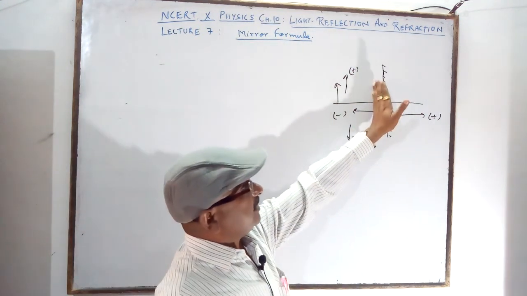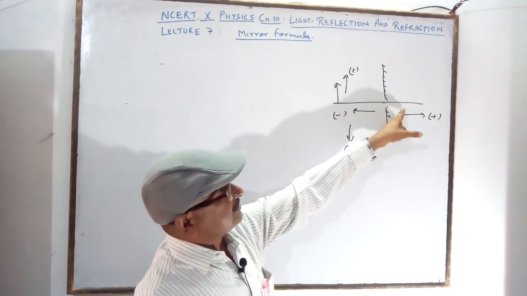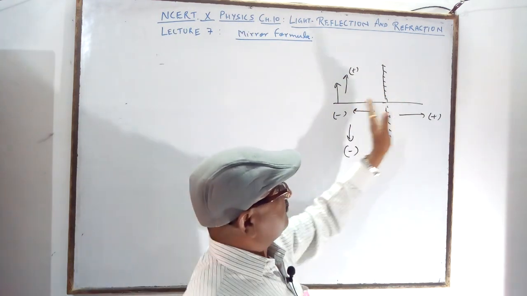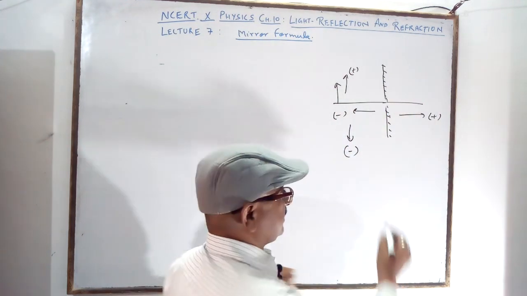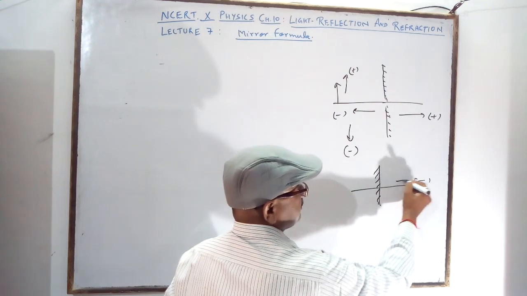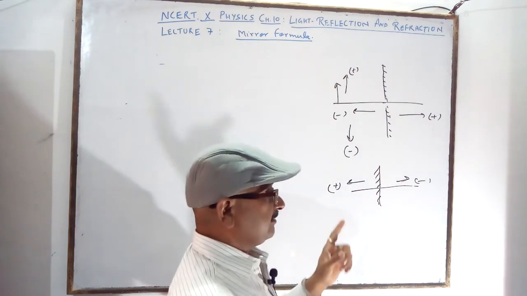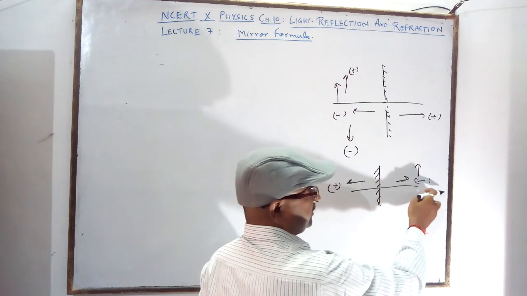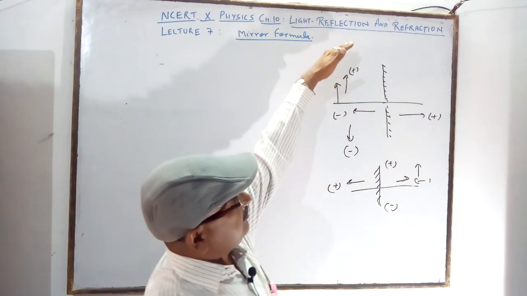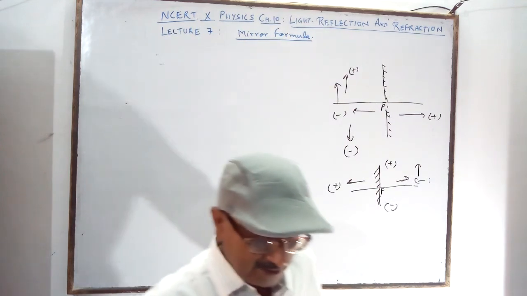Very simple. It follows the Cartesian plane. What is the Cartesian plane? X-axis, Y-axis. But one thing is different from the Cartesian plane. The Cartesian plane has negative on this side and positive on this side. But when the mirror is like this, the distance on the side from which the incident ray is coming is negative. If the object is at this place, then it is negative. But the Y upper side will always be positive. The pole always acts as the origin.